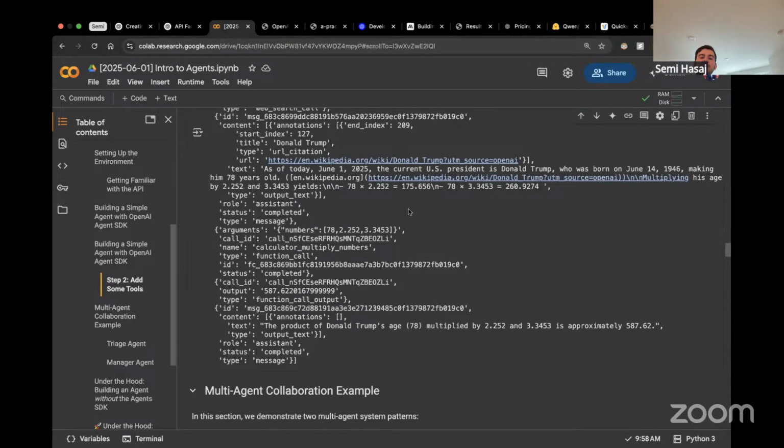Good question. Okay, so one person asked, how deterministically do LLMs call tools once equipped with them? That is a very good question, and there are different ways you can control this.